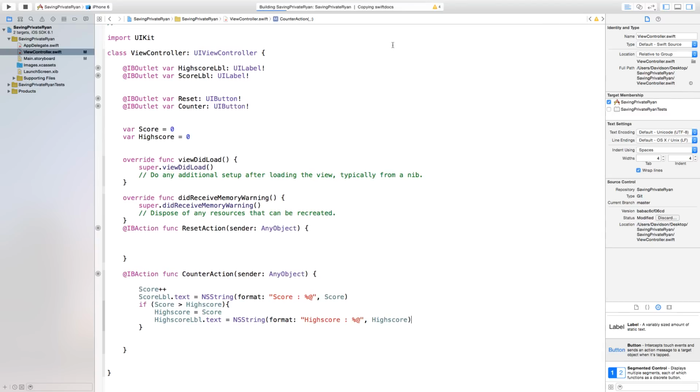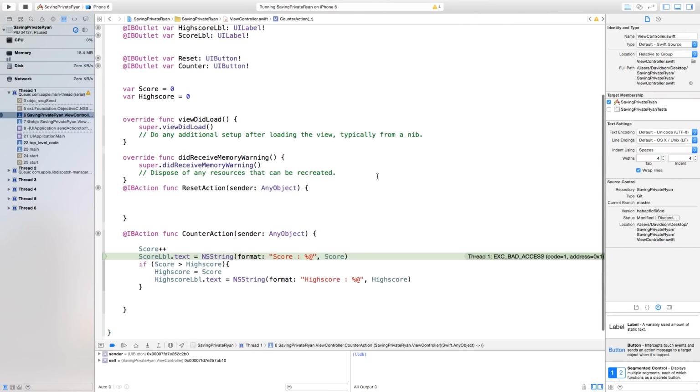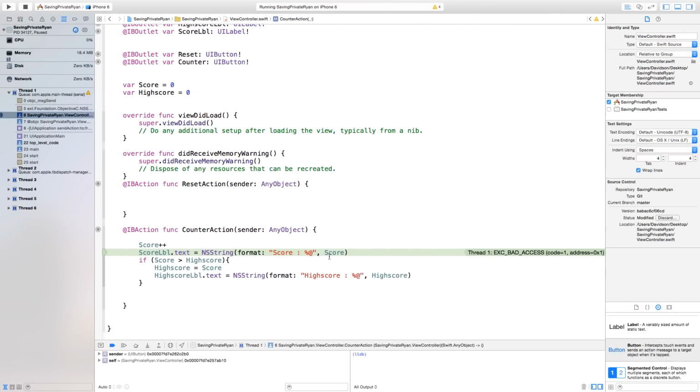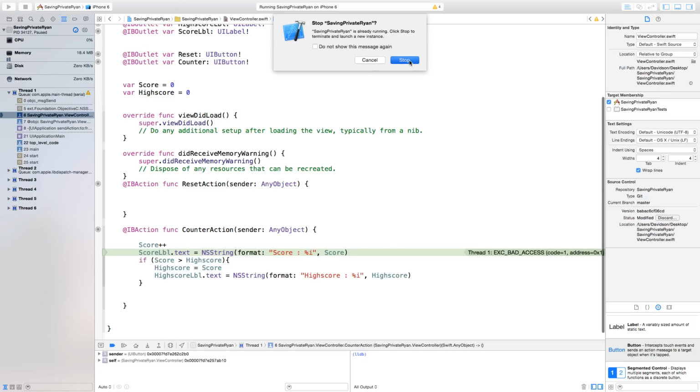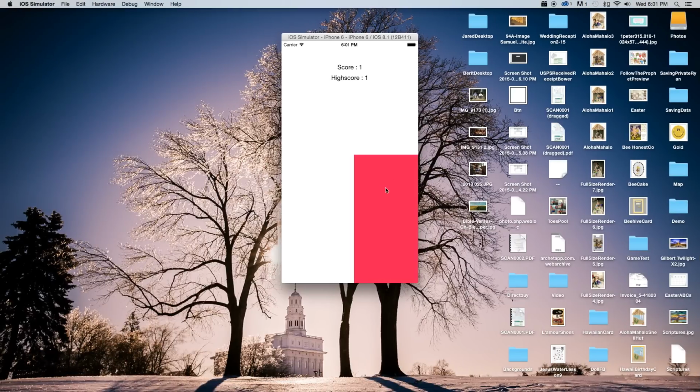Alright, so now if we were actually to build and run this, you will see that when we click this button, we get an issue. And actually we have a problem. These should be %i's, not %ats, because for whatever reason, %at means pretty much any object, %i means it's an integer. So you want to say %i instead of %at. Now let's build and run this. And as you will see, we will click on this button right here, and we grow the score and the